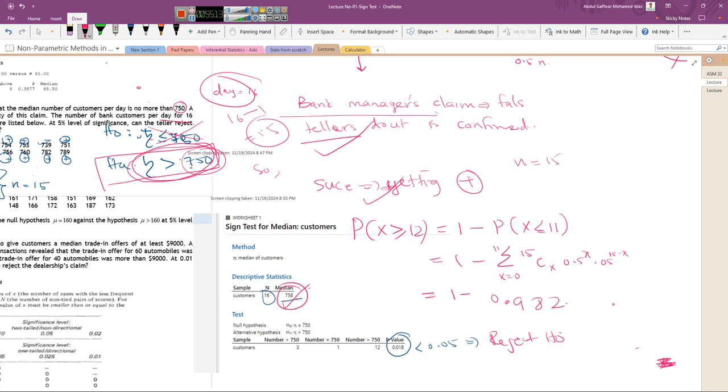So 1 minus 0.982 is equal to 0.0175, so 0.0175 mean